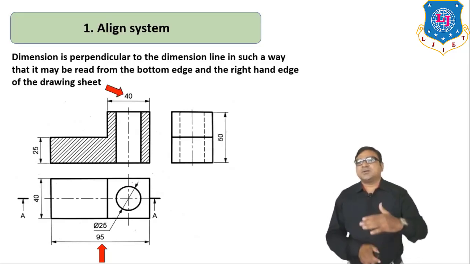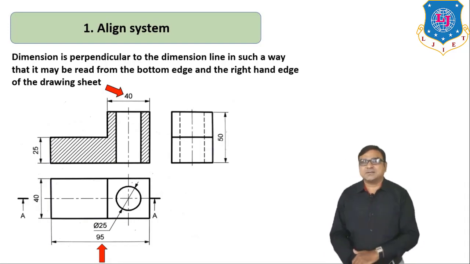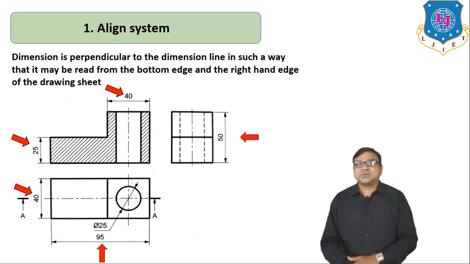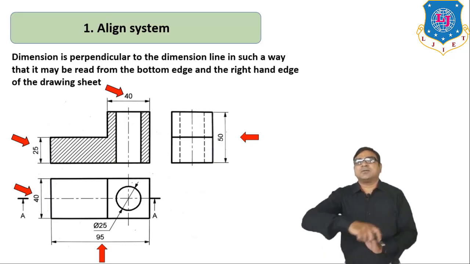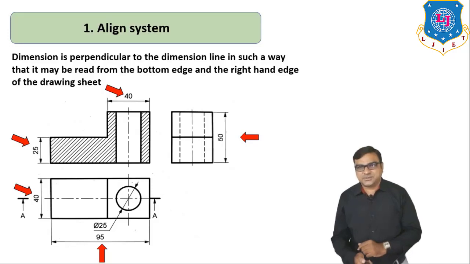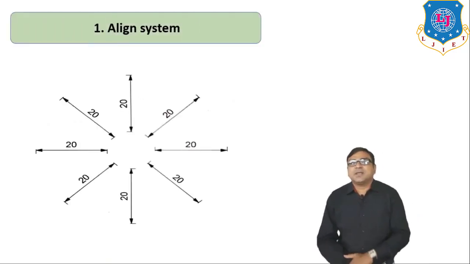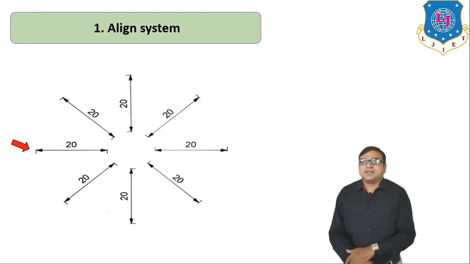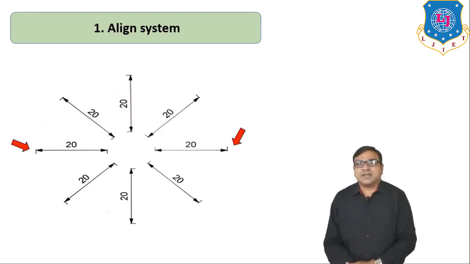So here the numerical value is perpendicular to the dimension lines, and when you insert the dimension of height of the object, it must be perpendicular to the dimension line, but here the dimension line is vertical, so the numerical value is always perpendicular to dimension lines, which is shown here. Now in aligned system, for the orientation of different dimension lines, these two lines are horizontal dimension lines, so the numerical value is above the dimension lines,